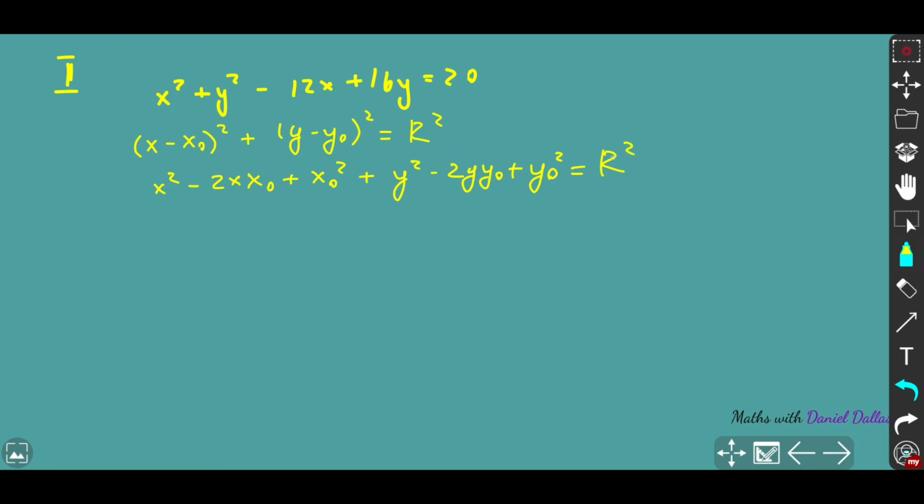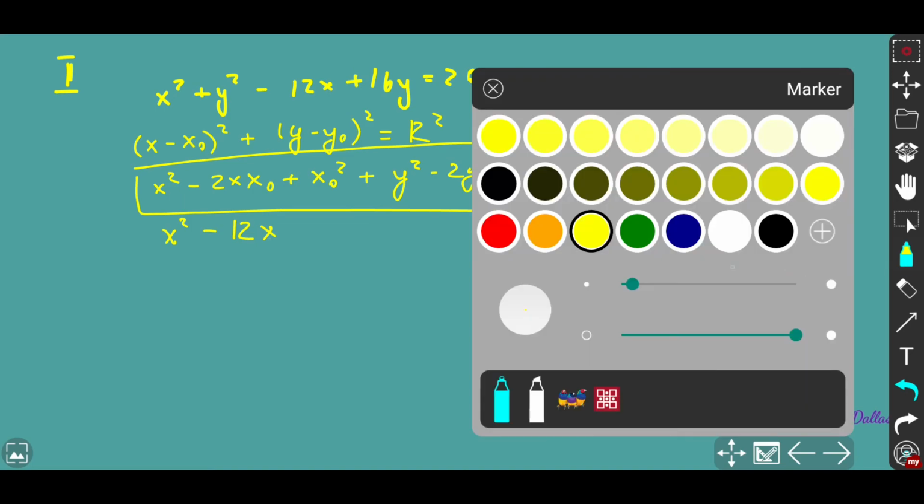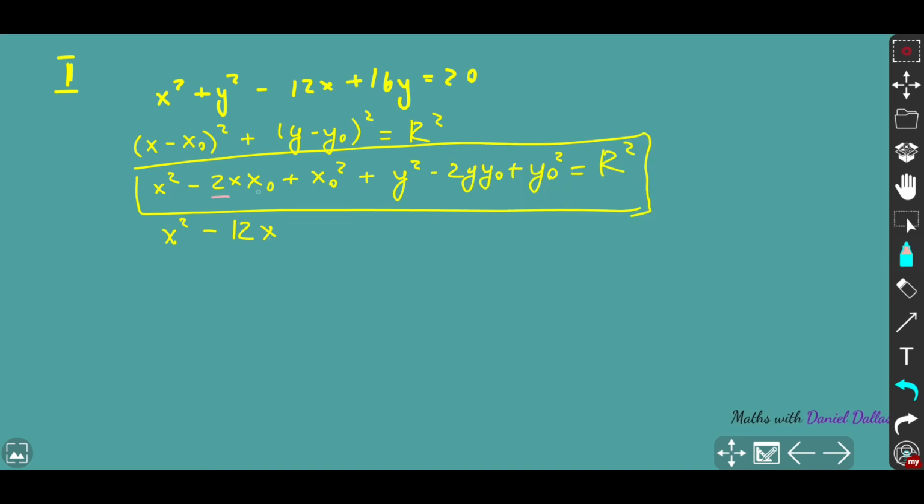so we've got this, and now I'm just going to make a comparison. I'm taking the first two terms, x squared minus 2x x0, and comparing with x squared minus 12x. And obviously, I'm going to notice that 2 times x0 is going to be 12, because this is the only coefficient before x. So on top of that, minus 2x x0 is going to be minus 12x. So 2x0 is going to be 12, so x0 is going to be 6,